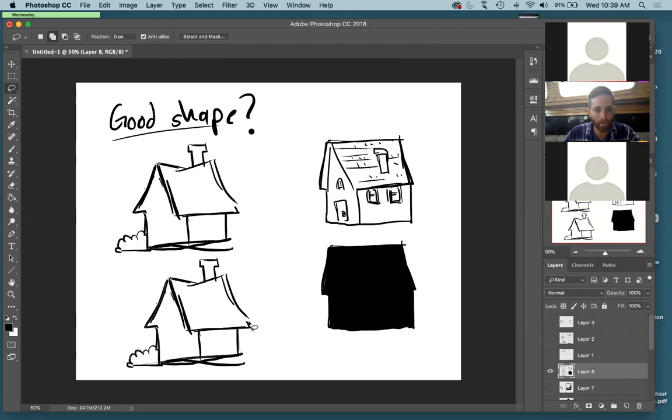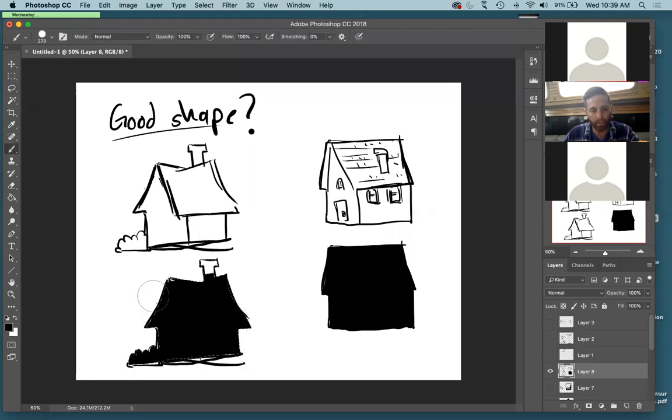So there's never one right way or wrong way to create a good silhouette shape. It's just experimenting, trial and error, working on your sketches and trying a few different shapes for whatever you're trying to draw. But hopefully now this one here on the left can be more easily recognizable than the one on the right as a house. Okay. And so even though this one has the texture on the roof,